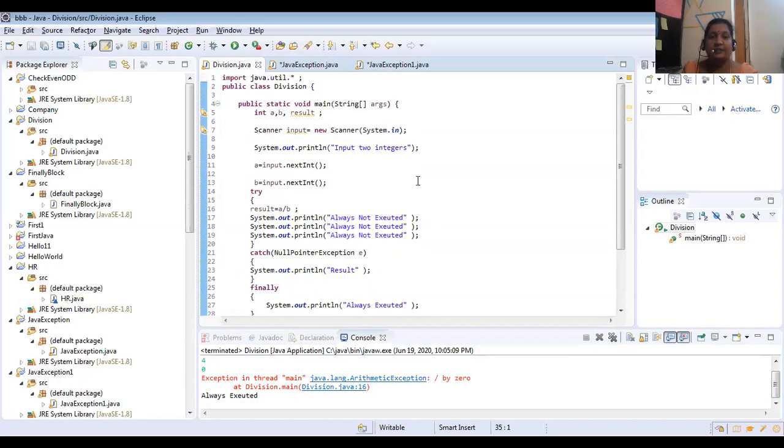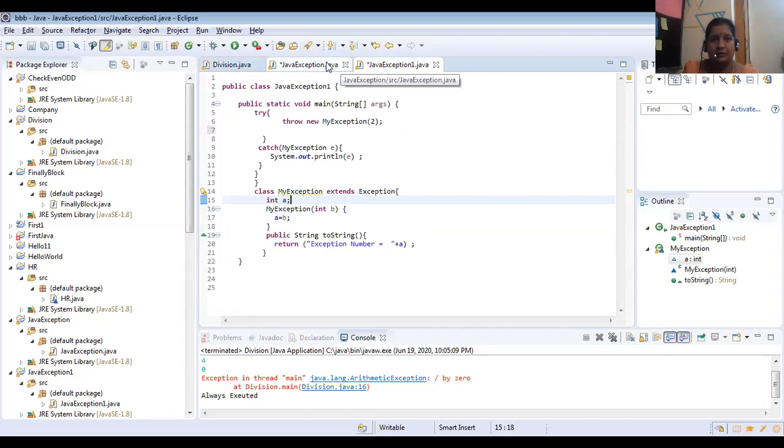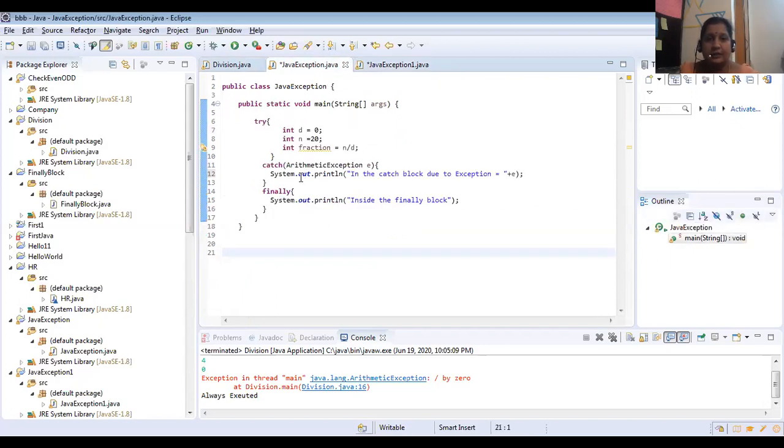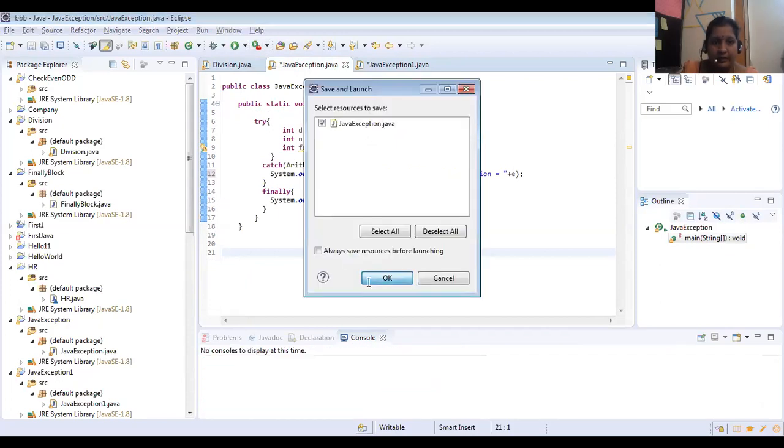So this is the complete logic behind the exception. Okay, another one. Here we will execute this.